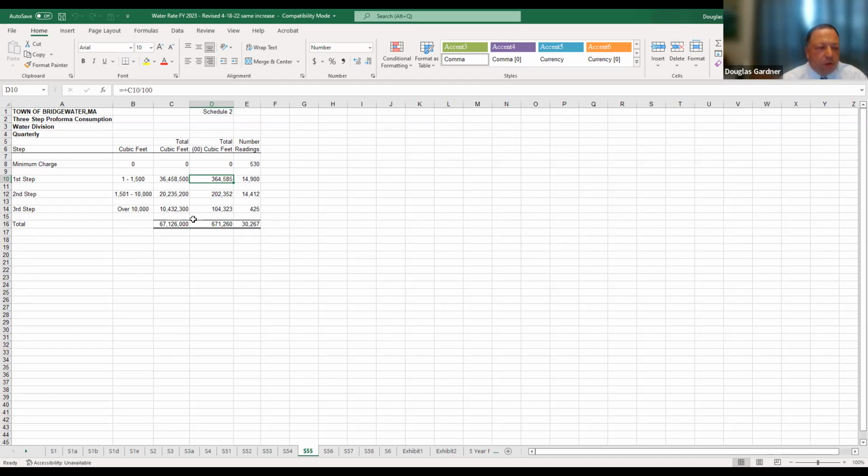So your total billed consumption, that's what goes through the water meter, was a little over 67 million cubic feet. There are 7.48 gallons in a cubic foot. So this works out to be